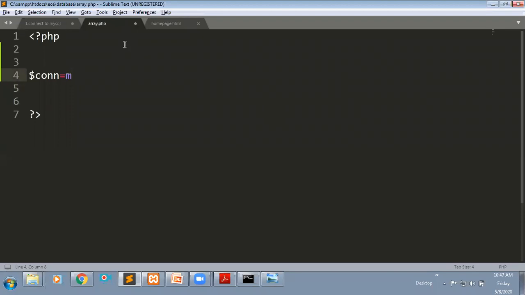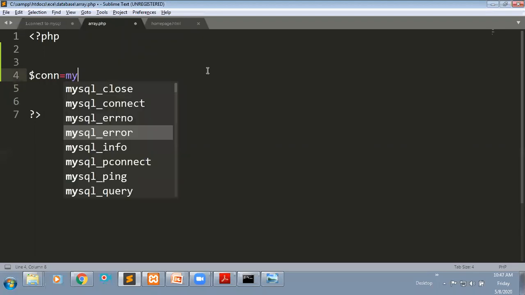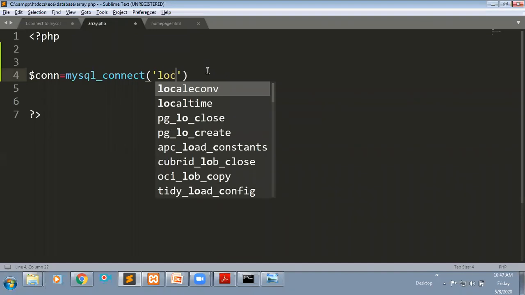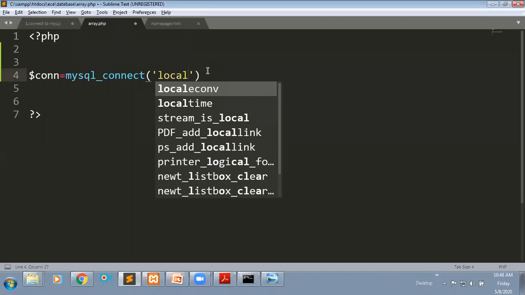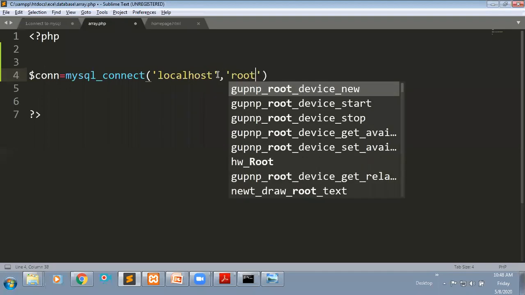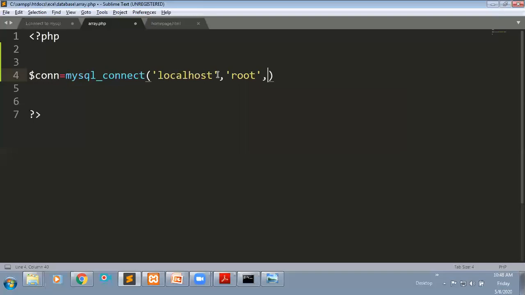We have one function to connect with your database: mysql_connect. This function is used to connect with your database. Here you need to mention the server name, which is localhost. You can take it as a variable or directly pass it here. Root is the user and the password is empty. It will connect with your server first.